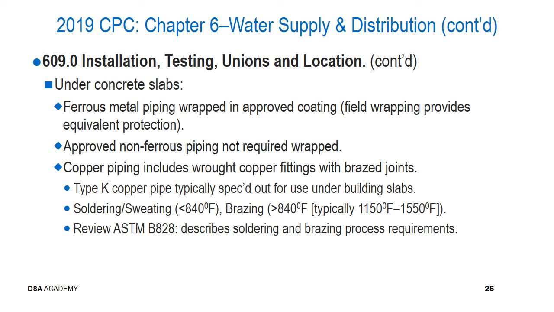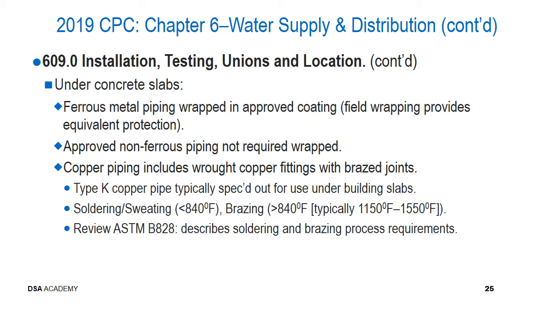Typically, type K copper is spec'd out for use underneath building slabs, and it's important to understand the difference between soldering and sweating, and brazing. Soldering and sweating is typically identified as a process that takes place using heat that's less than 840 degrees Fahrenheit, and brazing, which is going to be used on type K copper with wrought copper fittings underneath slabs,